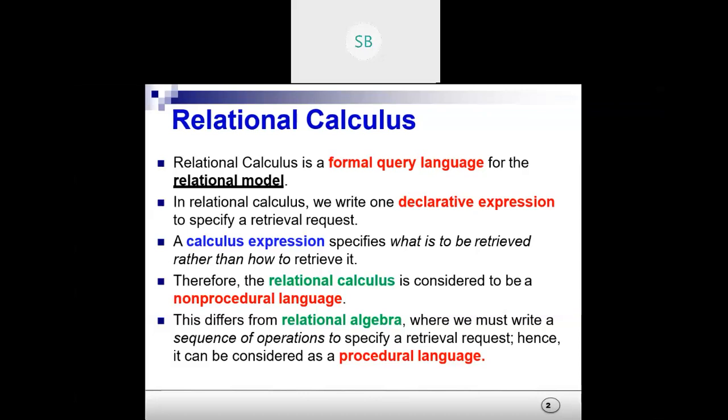If the question is that you need to retrieve the first name and last name of some employee, how you will retrieve it is not required. So it is non-procedural. There may be a question about the difference between relational algebra and relational calculus. Relational calculus is a non-procedural language, but relational algebra is a procedural language. But always remember that both are theoretical concepts. We need to implement both of these in SQL, using SQL queries.